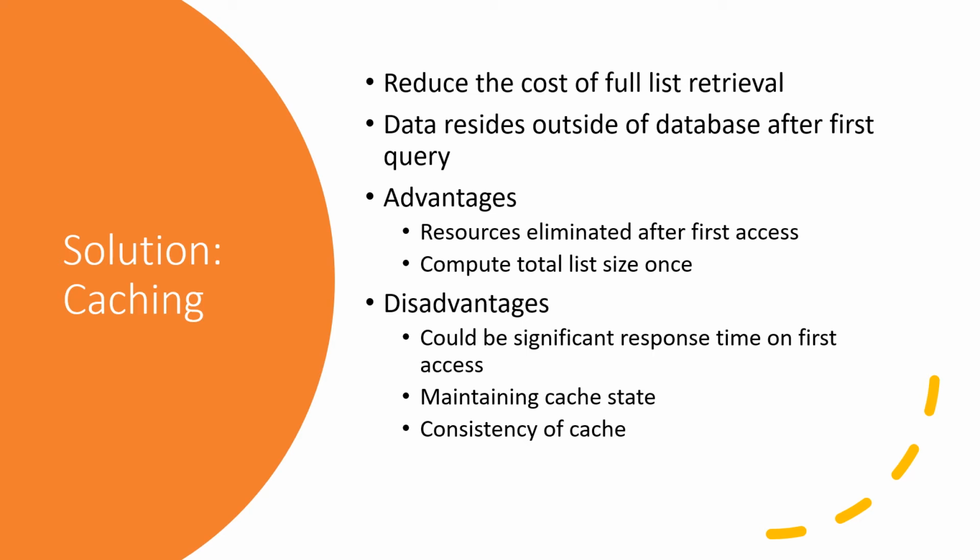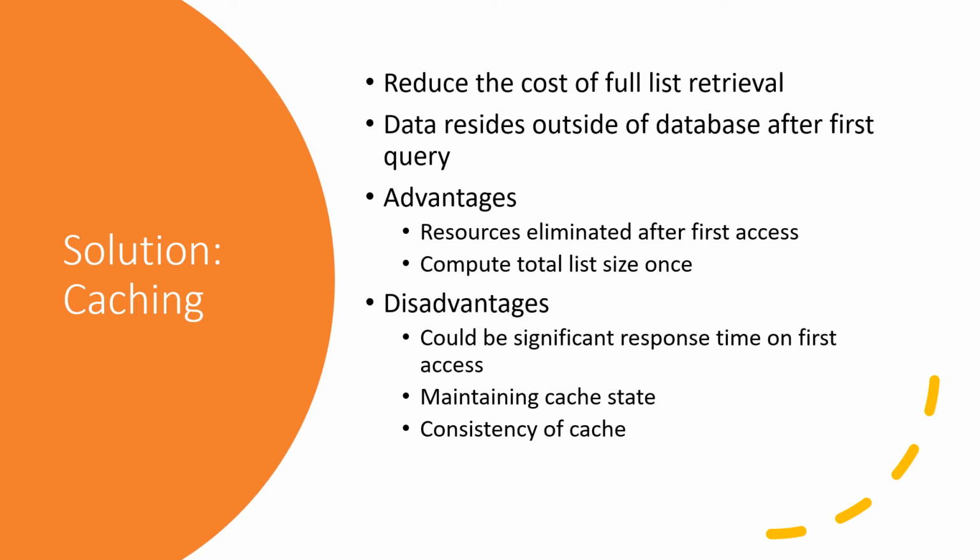Data resides outside of the database after the first query. Some advantages of this solution are that resources are eliminated after the first access, and you only need to compute the total list size one time as it's cached after this first